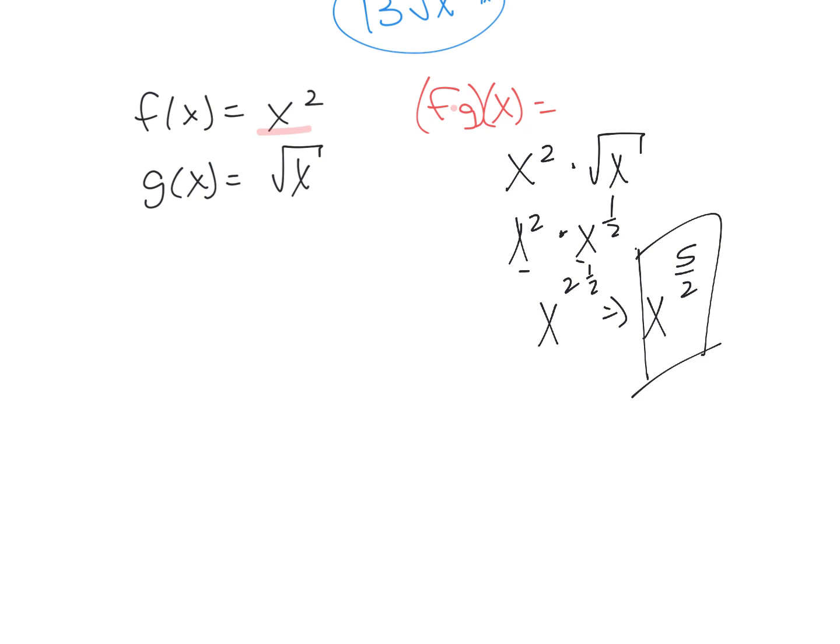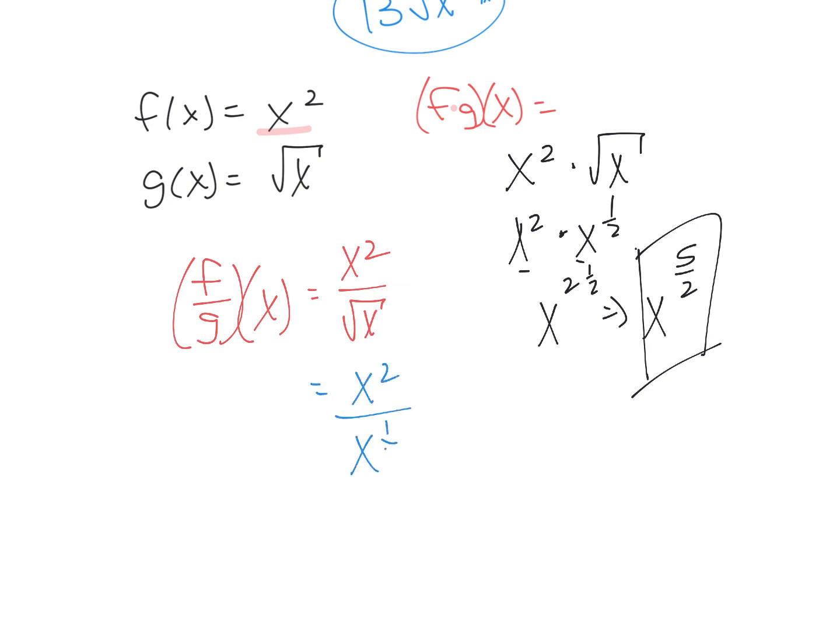Okay, and then now they could say, okay, well, what do I do if I'm going to divide them? So if I divide f over g of x, so we're going to have our x squared over our square root of x. And so remember what that means is x squared and then x to 1/2. When we are dividing and we have the same base, we subtract our exponents,